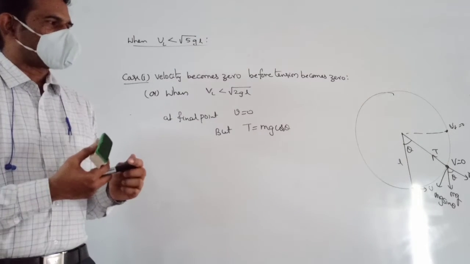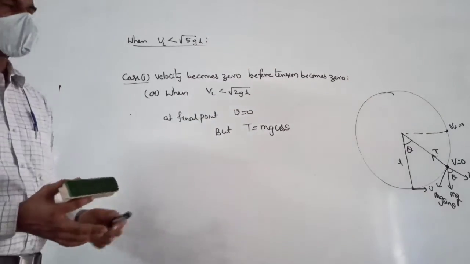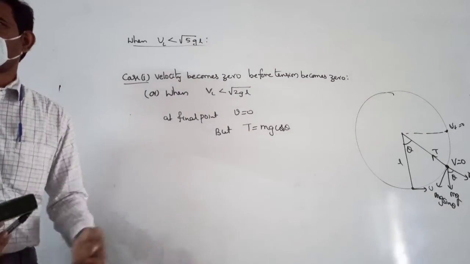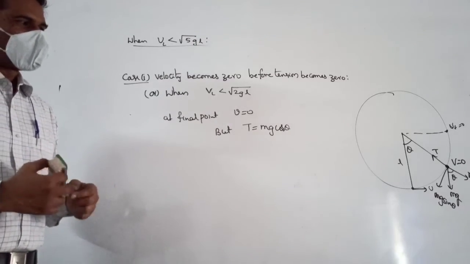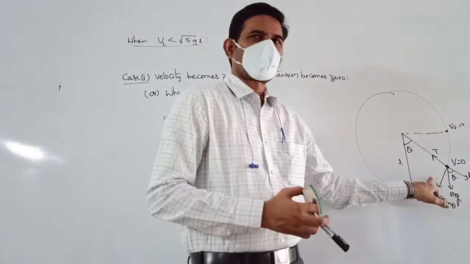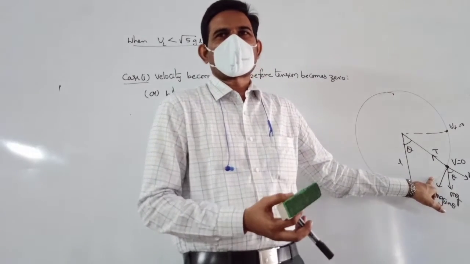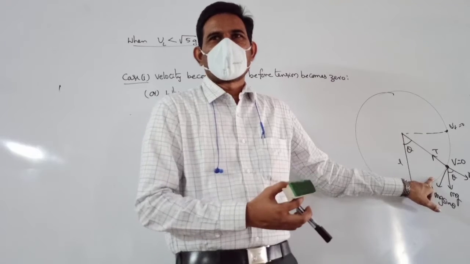If they ask any question related to velocity or acceleration at some position before this final point, we just need to write the conservation of energy, same as our previous discussion. At a general point we derived that, so you need to write conservation of energy like that. Next I am taking case 2 here.